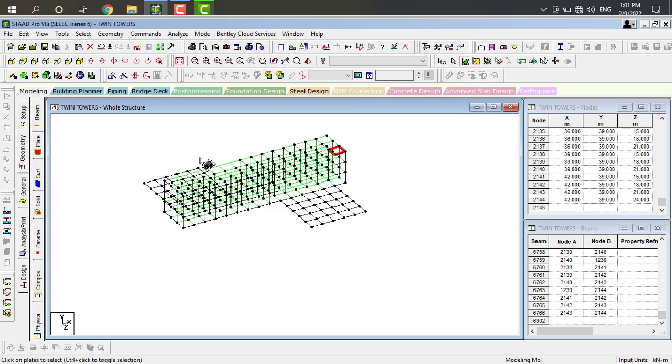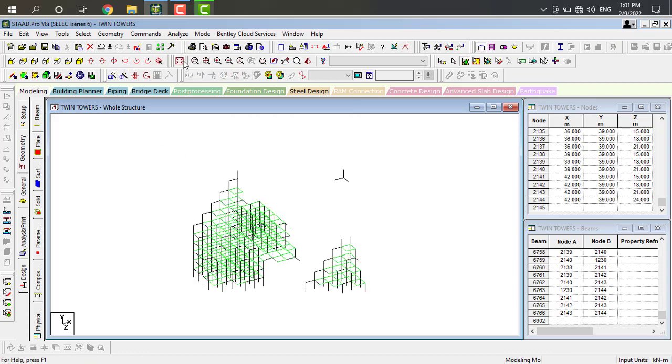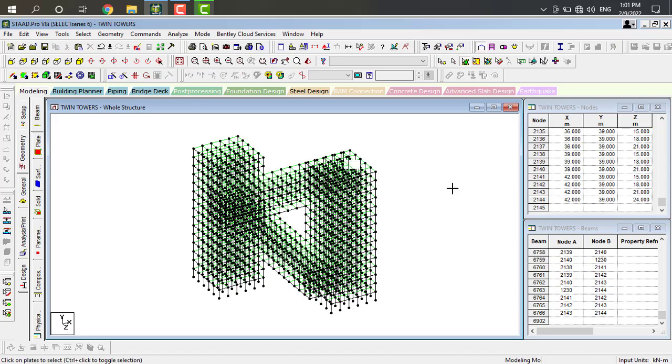Our plates are applied. Next, click on whole structure, display whole structure. It will be like this. Now let us observe this in 3D rendering view.